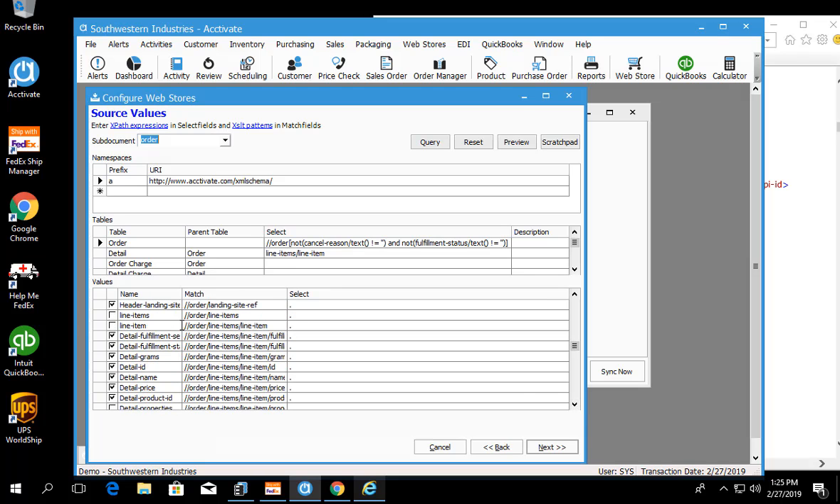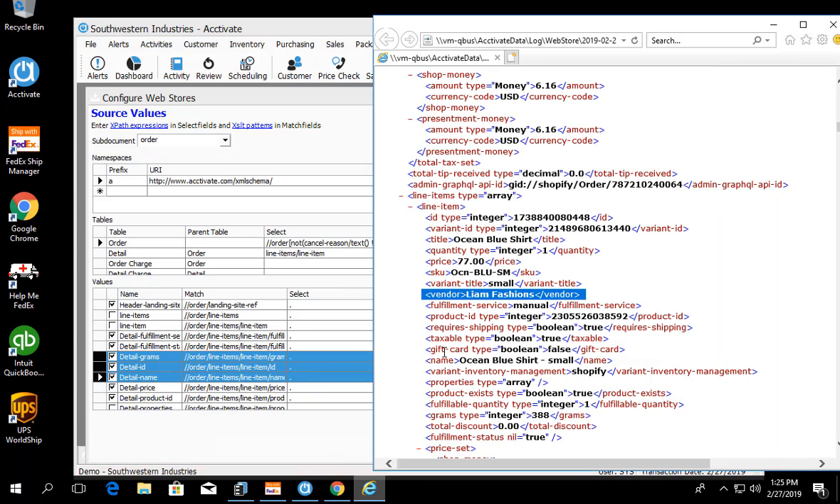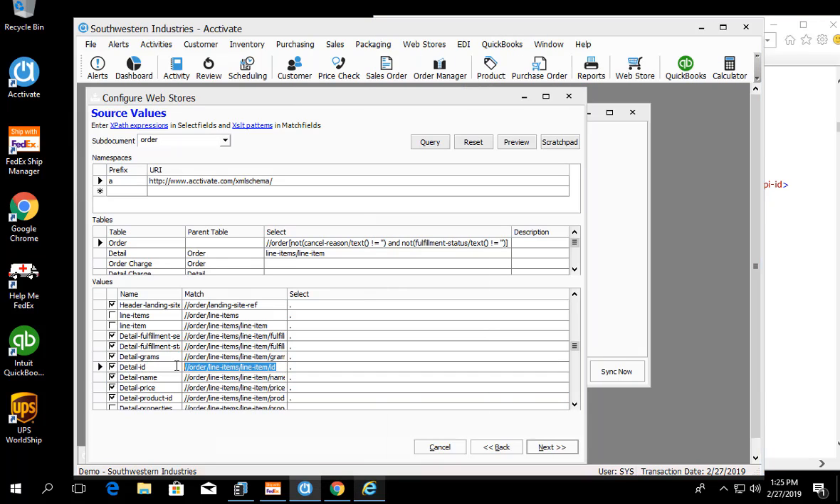There should be one. Line items. Here we are. Line item. And then grams and ID. I think even name. So these are all in the same section as the vendor. Yeah, ID, right there. So what I can do is I can actually just copy this match here,